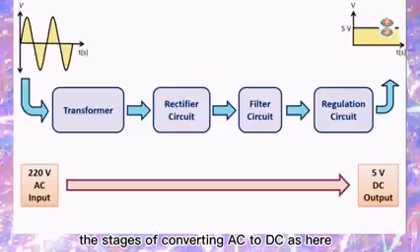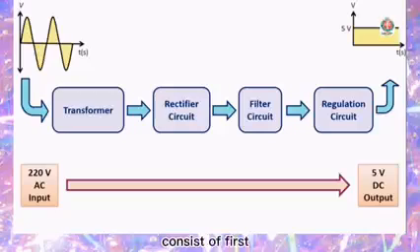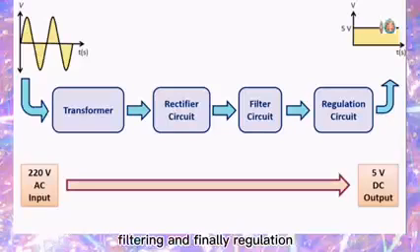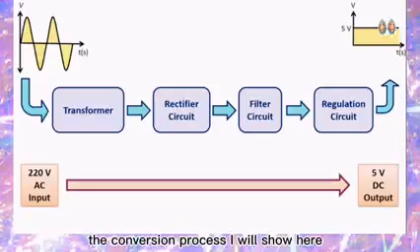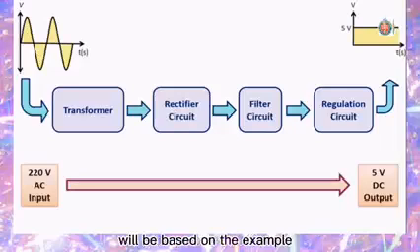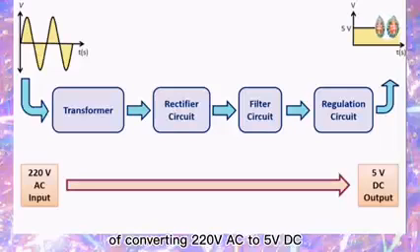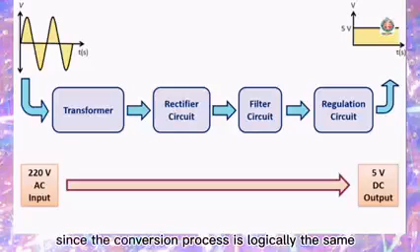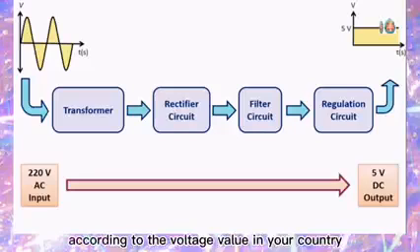The stages of converting AC to DC, as here, consist of first reducing the voltage with the help of a transformer, then rectification, filtering, and finally regulation. The conversion process I will show here will be based on the example of converting 220 volts AC to 5 volts DC, which is used in many countries around the world. Since the conversion process is logically the same, you can make calculations according to the voltage value in your country